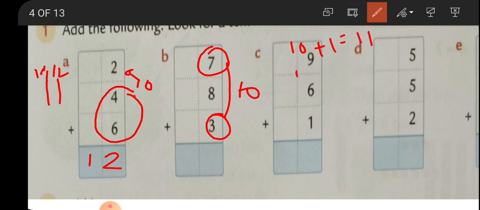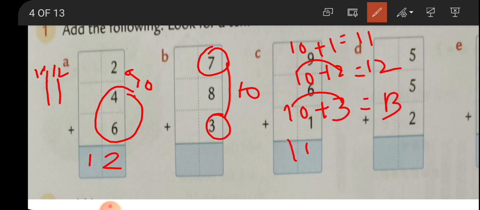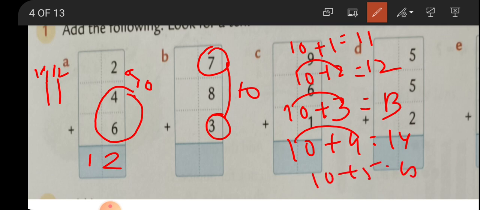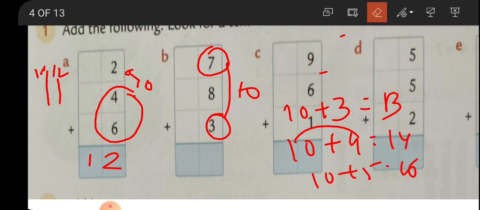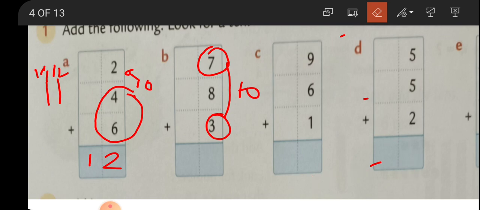it is 11. When I say 10 plus 2, this 1 and 2 will give you 12. When I say 10 plus 3, this 1 and 3 will give you 13. If I say 10 plus 4, it is 14. 10 plus 5, 15. 10 plus 6, 16. 10 plus 7, 17. 10 plus 8, 18. It goes like this. It becomes so easy for you. Isn't it, children? Now, let us do this. It's not easy actually, it is already there in mathematics. These are a few tricks which we should know.